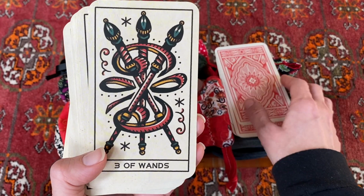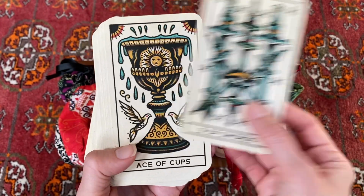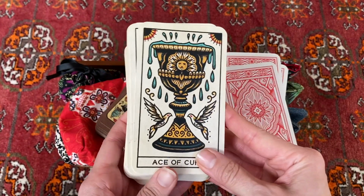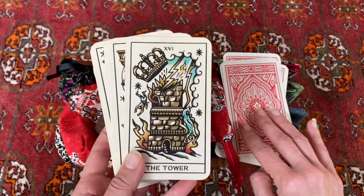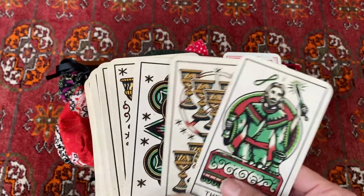And with a nod to that Marseille styling and system. And this deck is just so great. It just feels good. It's a nice, like, thick one. It shuffles nicely, and I love it. It looks so pretty laid out in a spread. It makes me feel like a real traditional tarot reader, even though it's not a traditional deck where you get